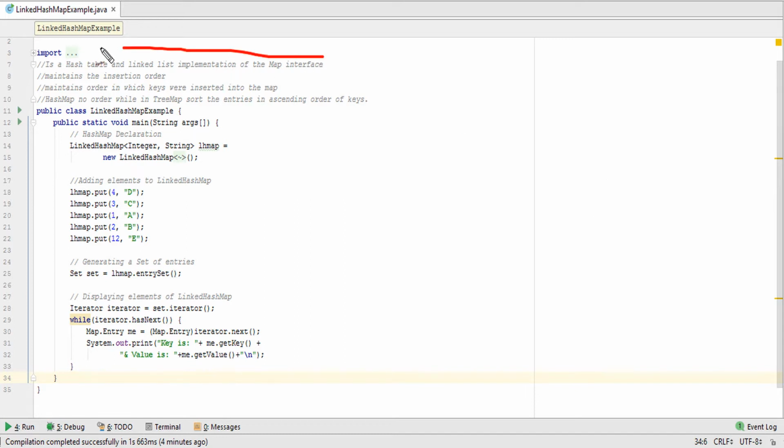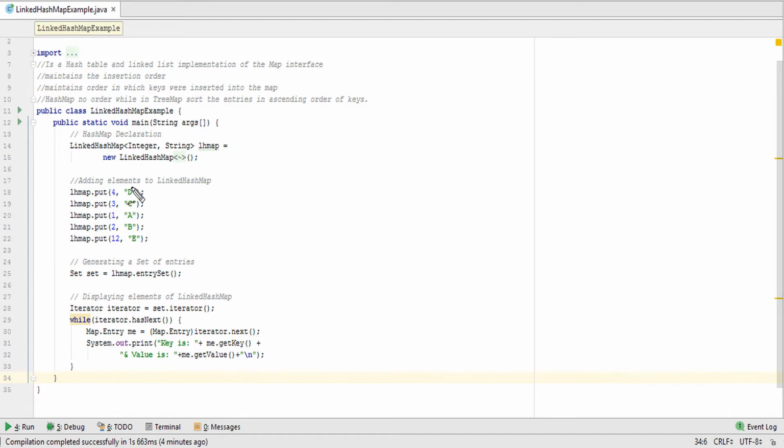So this is the first point. I repeat once more: LinkedHashMap is a hash table and linked list implementation of the Map interface.